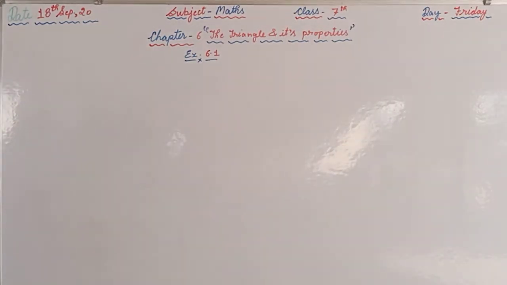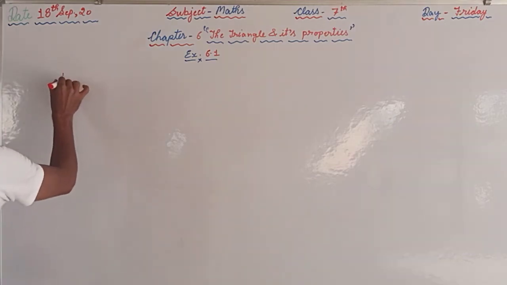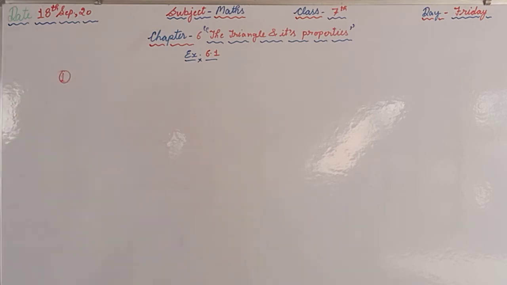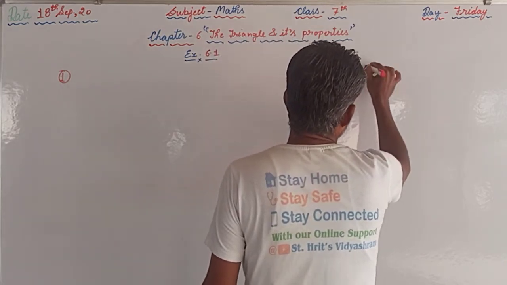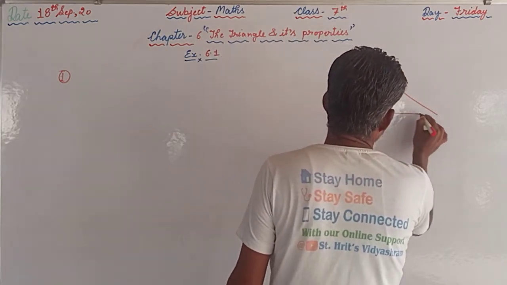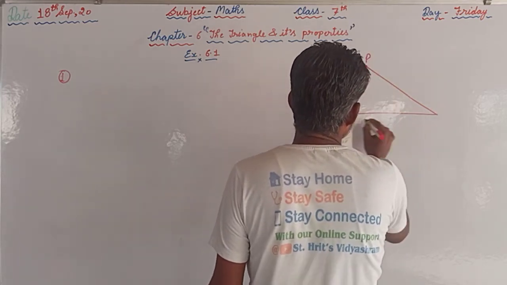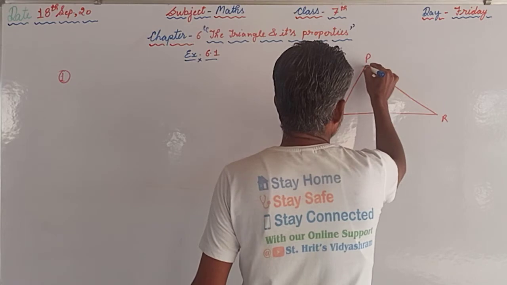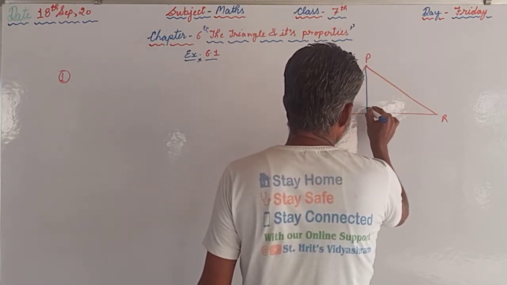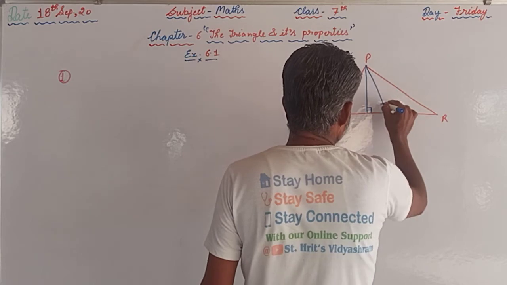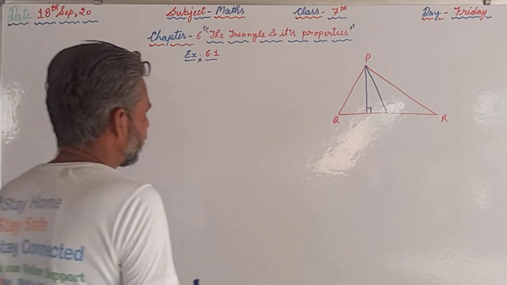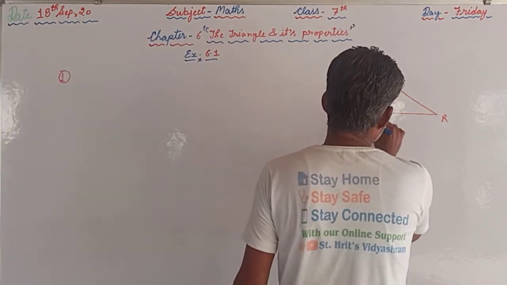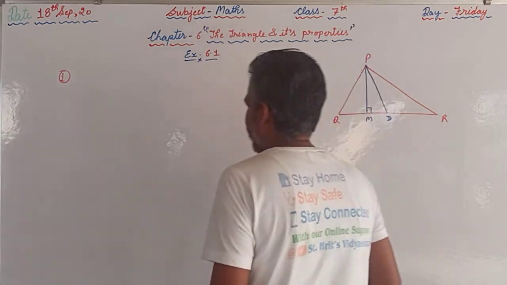In exercise 6.1 only 3 questions are there. So we will start with the first question. In the first question, one diagram is also given. In that, one triangle is there, PQR, and one line is like this and one line is like this. So these 2 points are M and D, that is M and that is D, and it is given in